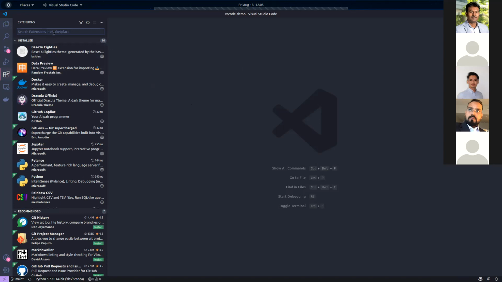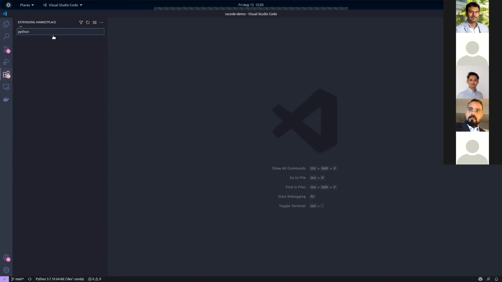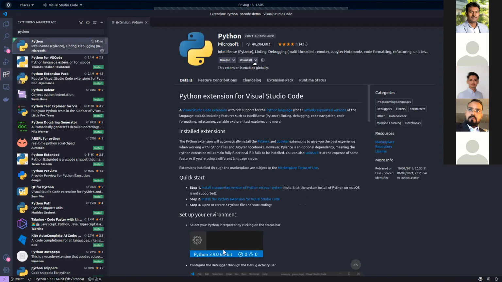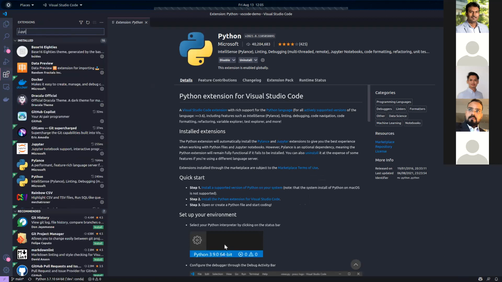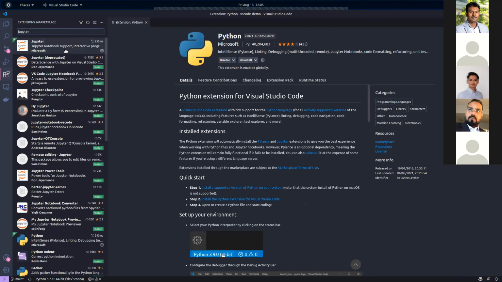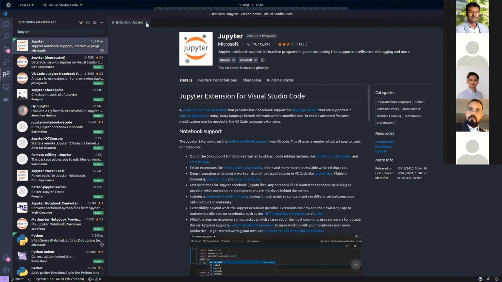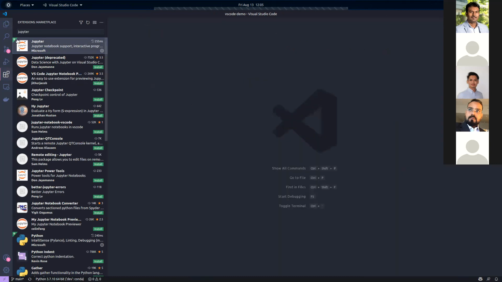Since I'll be working with Python, I have already installed the Python extension. I have also installed another extension for working with Jupyter.